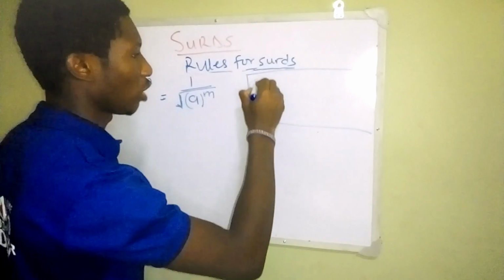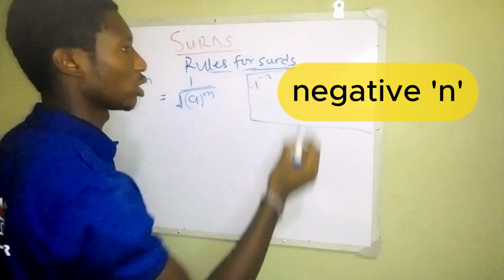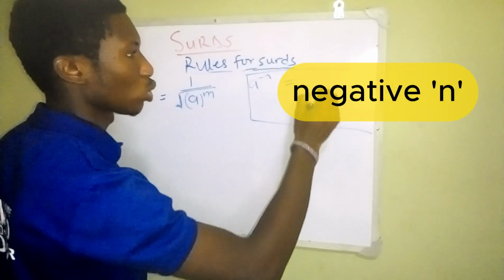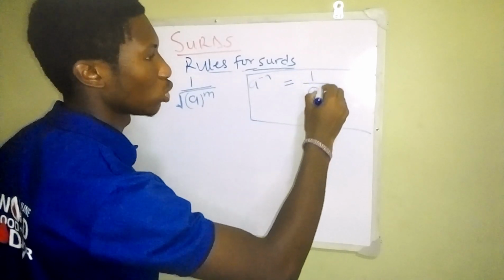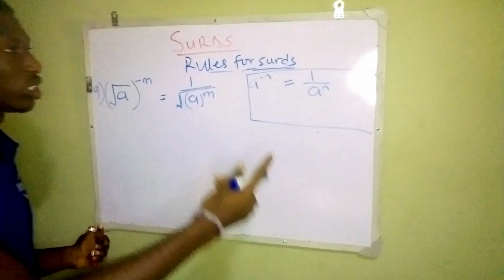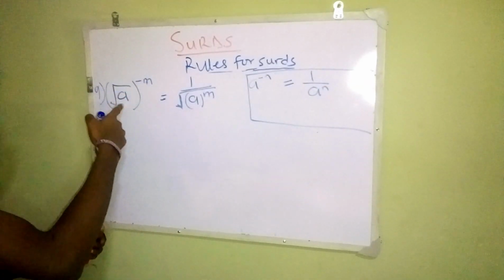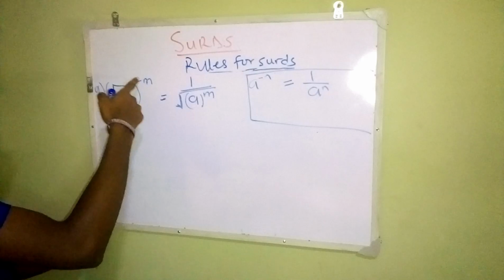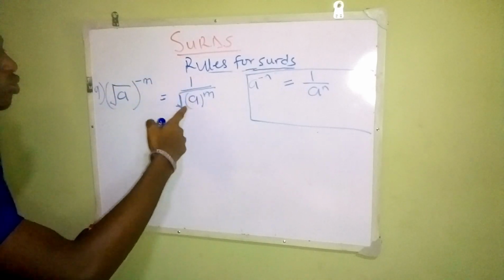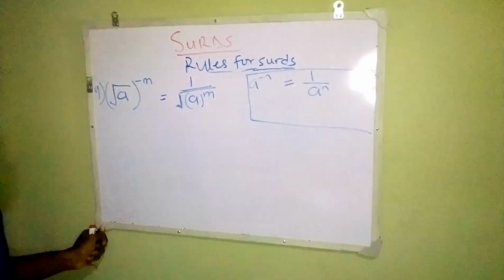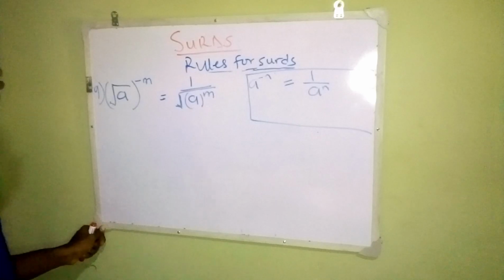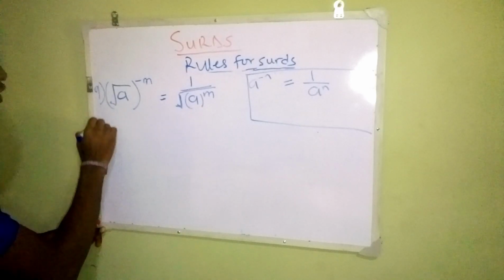From indices, if we have a raised to the power of negative n, it is the same thing as 1 all over a to the power of n. So in the same fashion, this raised to the power of minus m is the same thing as 1 all over a raised to the power of m. And that's how we got to the 9th rule. Now to the 10th rule